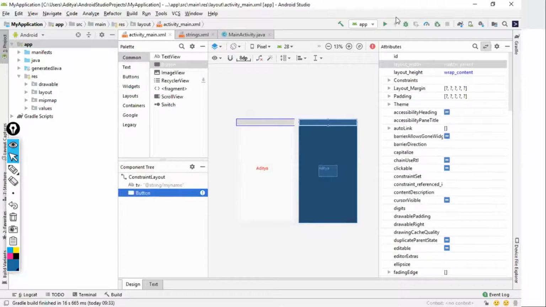So in the button's width we gave match parent. That means we are telling Android Studio that whatever is the width of my parent, keep my width also as it is. Since you can see the width of the parent is this much, that's the reason the button has elongated to that much. Now if I put layout height also to match parent, just see what will happen.